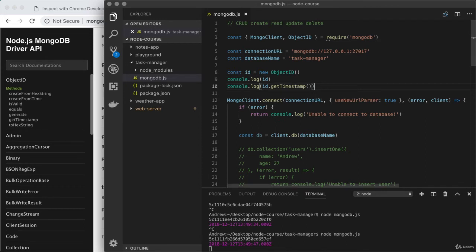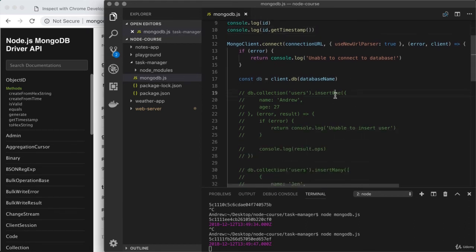Now let's go ahead and use our generated object ID as the actual ID for a new document we insert. So down below, I have the first insert one call we explored a couple of videos ago. I'm going to take that entire call and uncomment it, and we'll just change up the data a little bit. Right here, I have the name. I'll change that over to Vikram, and I'll change the age as well to something like 26.